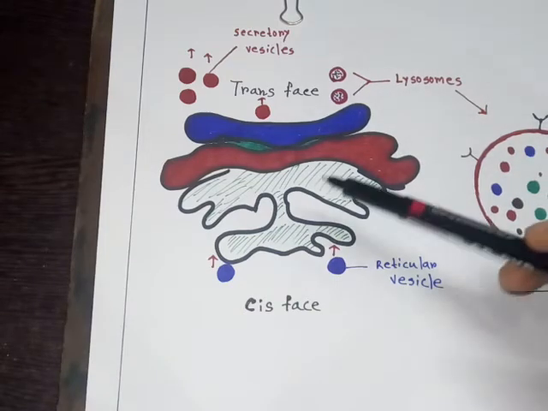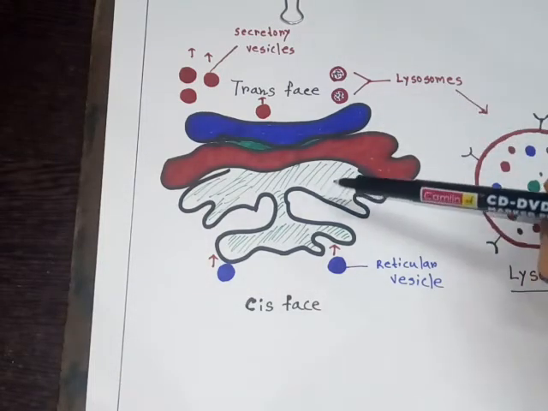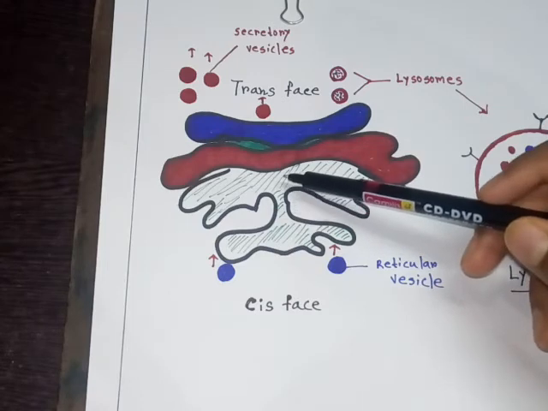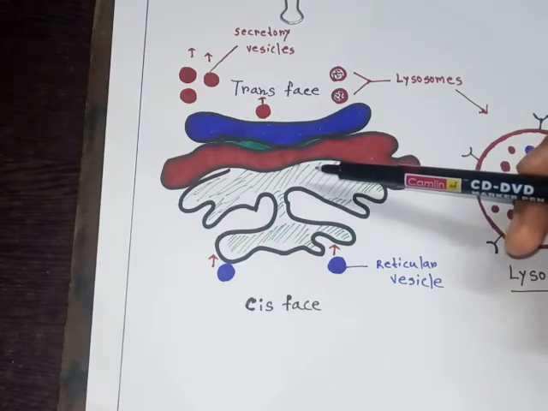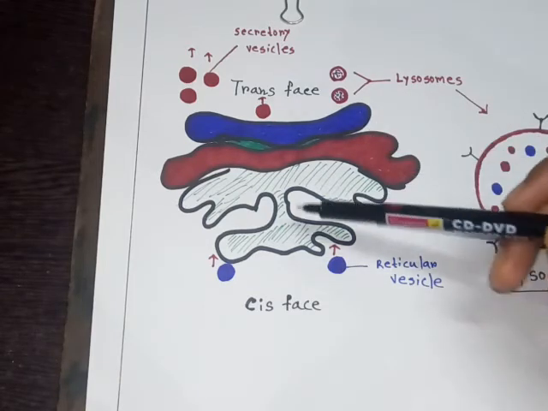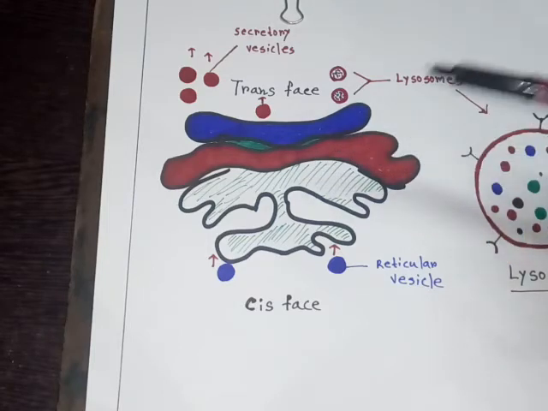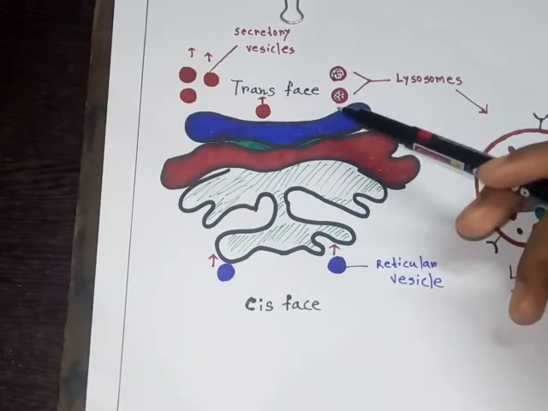Modified means they are folded here. They are associated together with some amount of carbohydrates, some amount of lipids, and so we get phospholipids, glycolipids, lipoproteins. This type of modification occurs here, and then the modified products are packed as secretory vesicles. The products are packed as secretory vesicles. Reticular vesicles are converted into secretory vesicles. Secretory vesicles means there are some materials inside these vesicles which can be secreted